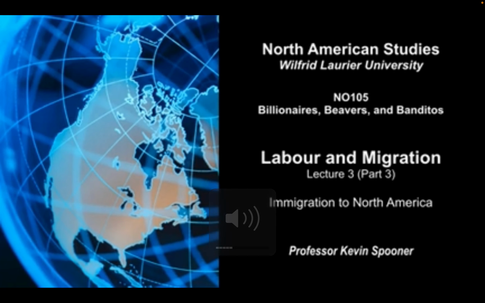and labor are brought together in this series of lectures because they can be seen in a way as two sides of the same coin. Economic development requires work, and the laborers who do this work are not always available in the numbers required. As a consequence, immigration has often been seen in North America as the way to increase the pool of workers to fuel the engines of economic and national growth.